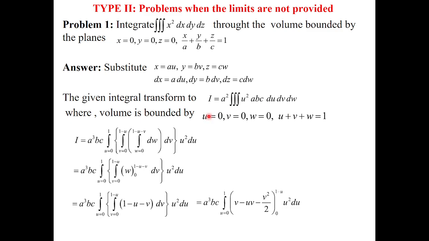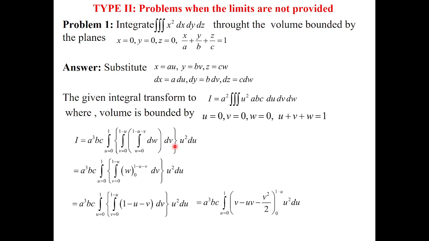अगर आपने पहले u equals to 0 तो u equals to 1 minus v minus w, आप ये भी ले सकते हो. तो आपको triple को double में convert करना है. So with any one of the variable you can take the integration. तो सबसे पहले हमने w के साथ integrate किया है. So w equals to 0 to w equals to 1 minus u minus v. With respect to w we are evaluating.